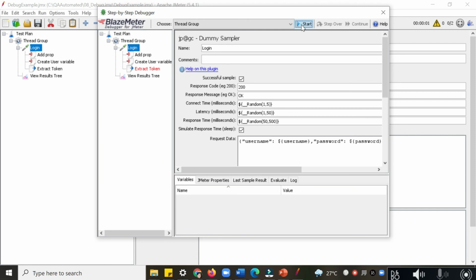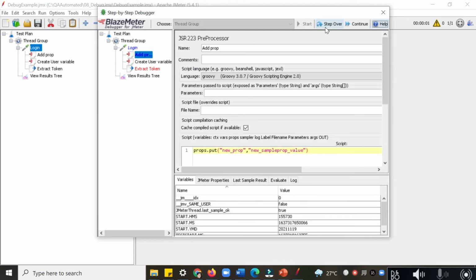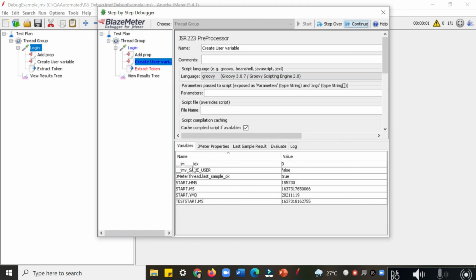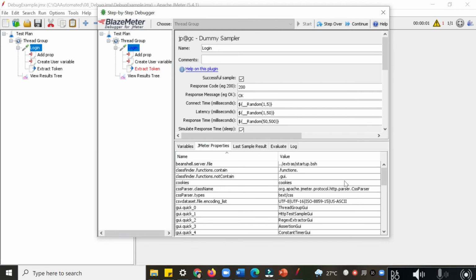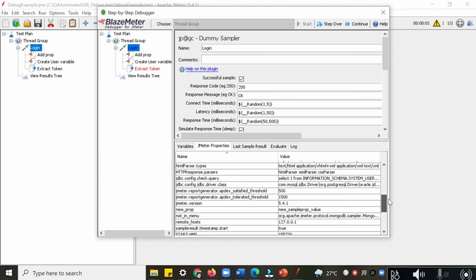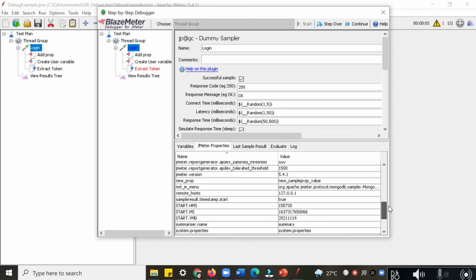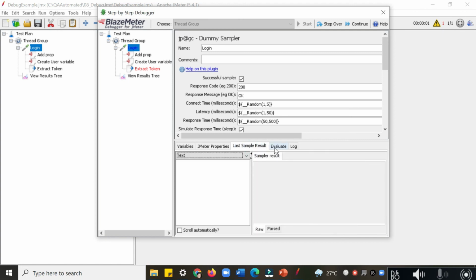So if I start it and step over, and if I continue, it will definitely hit the breakpoint. Now see, in the second step, what is the variable value I'm getting? After this step we will get the value of JMeter properties, whether the new properties were added or not, and the last sample result.